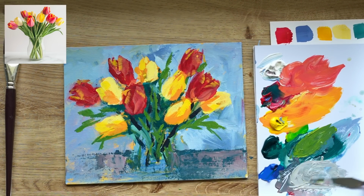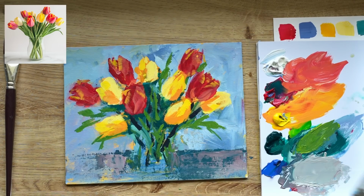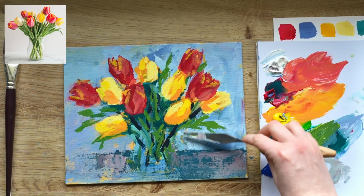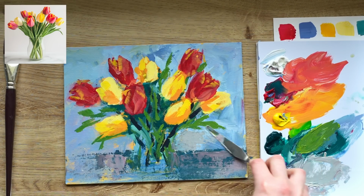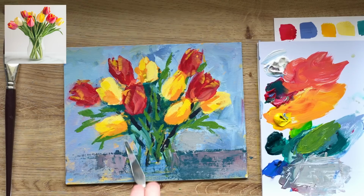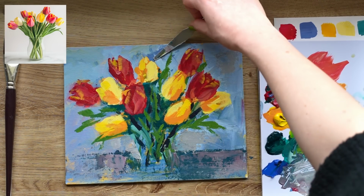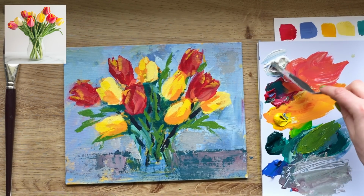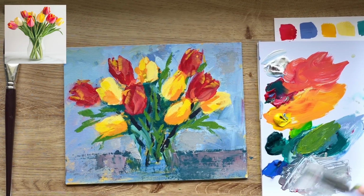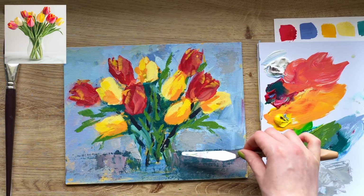Now I know these colours don't look nice, kind of just like a grey, but actually it's these greys that can make the other colours pop. So I am going to incorporate some of these greys, especially into the background. And then I'm going to take a white to that and start to kind of build up some